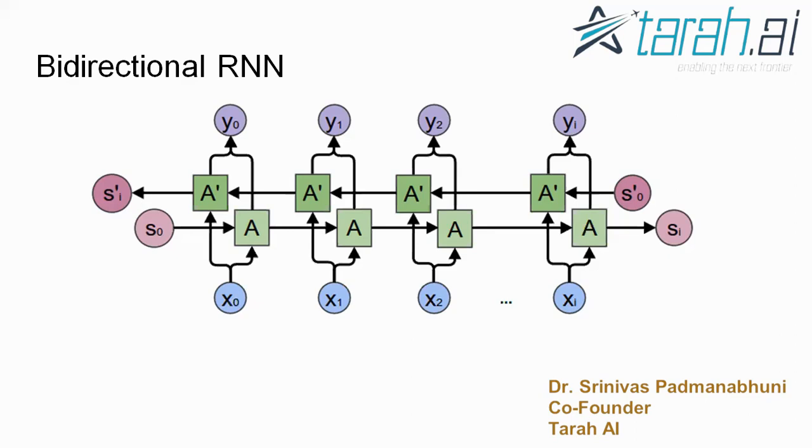And on the other hand, if you take the reverse, S0 dash to S1 dash in the reverse direction, it's very similar to a one direction RNN. But here we are intelligently combining both, and the way it works is